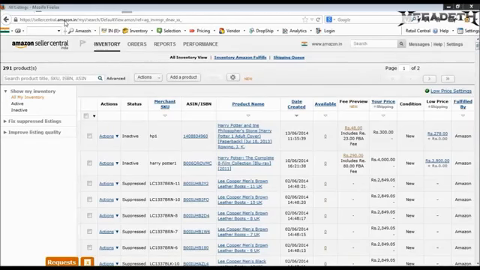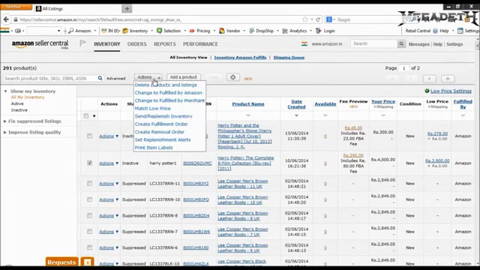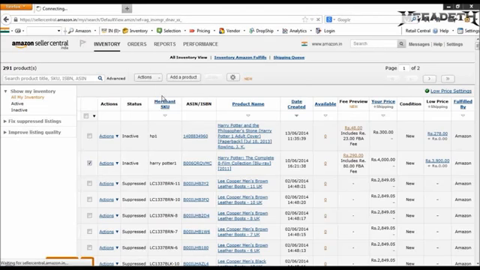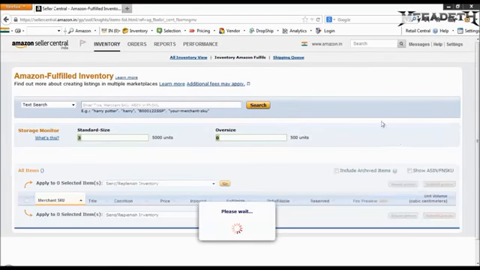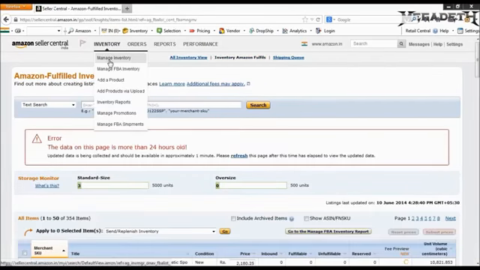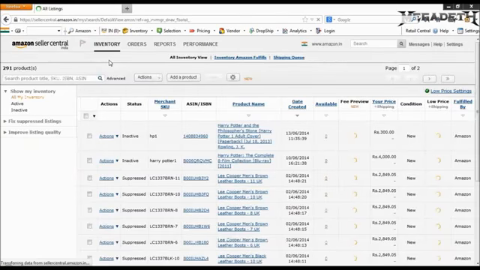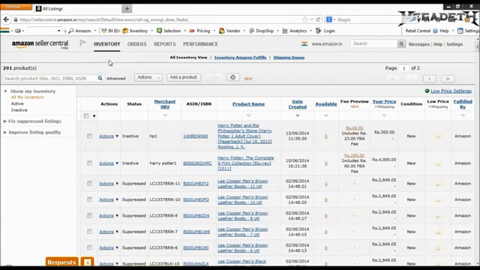You will select the product that you want to convert to FBA. Under the top action button, you will get an option called Change to Fulfilled by Amazon. You will click on this particular option. It will take you to a next page where you only have to click on Done, and this product will be automatically converted. So make sure any product that you add, you convert them to Fulfilled by Amazon and then